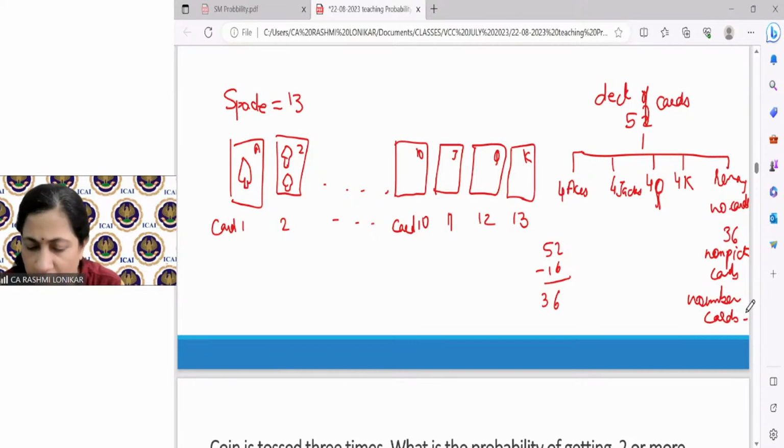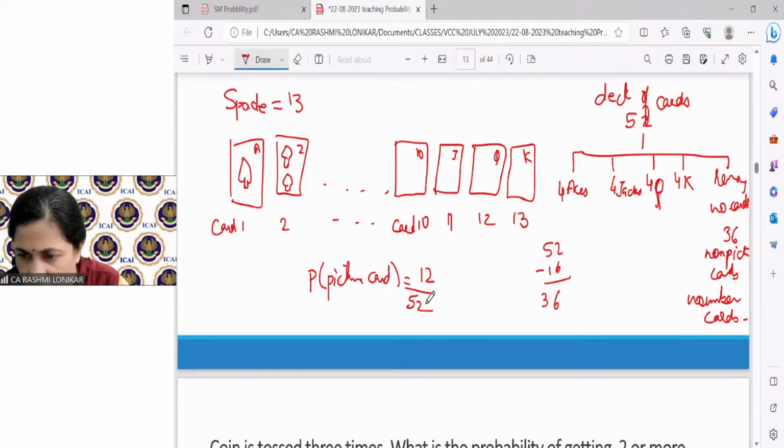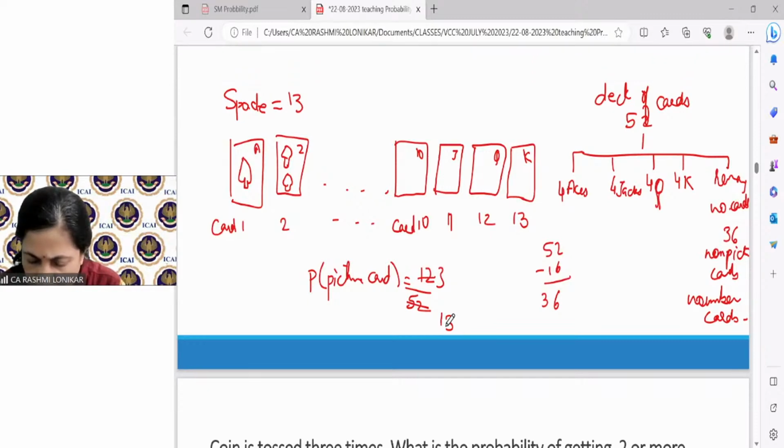What is the probability of the face card? Amit, how many face cards or picture cards are there? 12. Jack, queen and king for the 4 types. So 4 into 3, that is 12. So 12 upon 52 is the probability of a picture card. Then you can simplify: 4 3s are 12 and 4 1s are 4, so 3 upon 13. Yes, Amit, you've understood now?